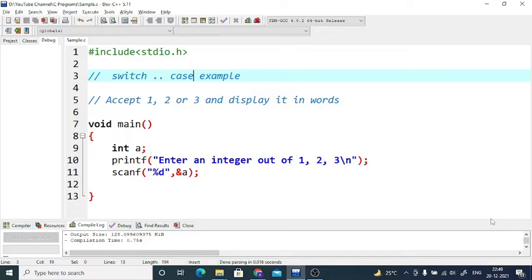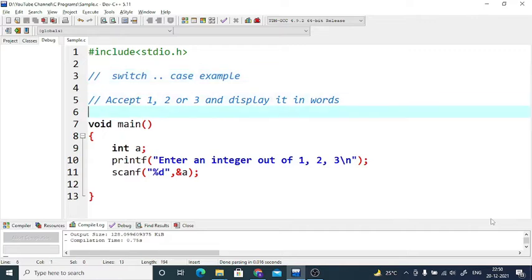Don't worry, we'll be going ahead with many more problems and programs using if-else ladder as well as using switch case. If you remember in my previous videos, I did tell you that we'll go up to a level where we'll be able to understand in which scenario your if-else ladder would be better and in which scenario your switch case will be better. But this is just a beginning, and the purpose behind keeping the problem very simple is to focus on understanding how to use switch case.